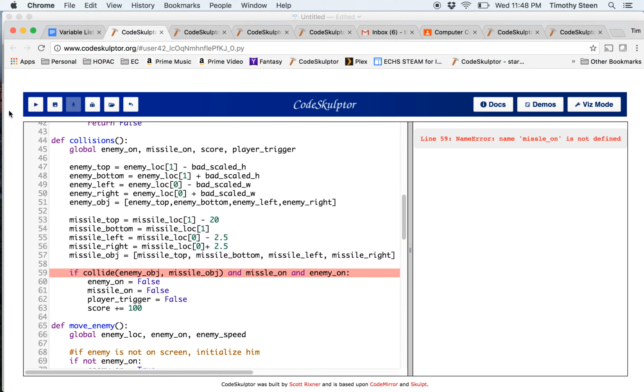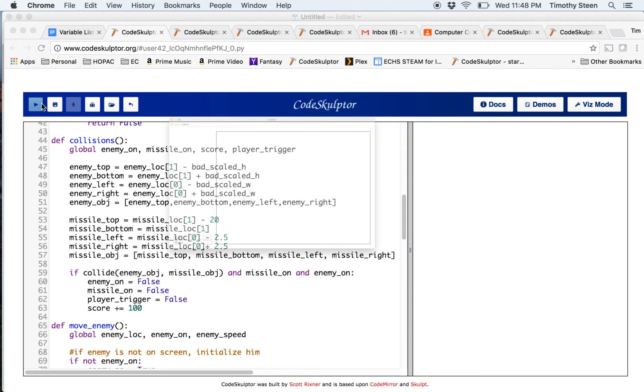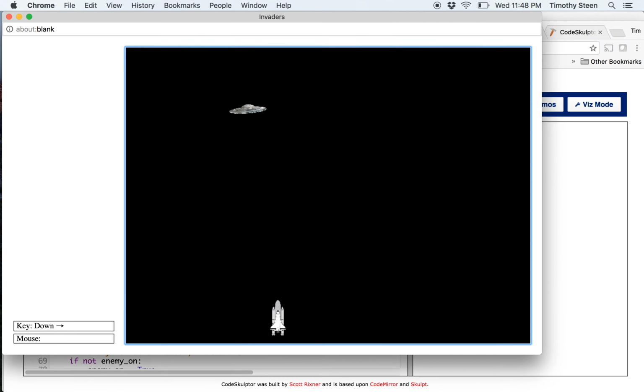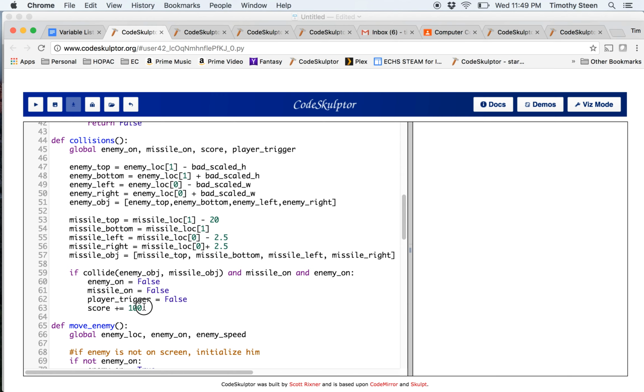Whoa, that was exciting because I can't spell missile. Are you kidding? There we go. Now we shouldn't see a glitch. It should still function normally. I really should slow this thing down now, I suppose. Ooh, good shot. All right, and then just as a little aside, I put the score here, and I didn't